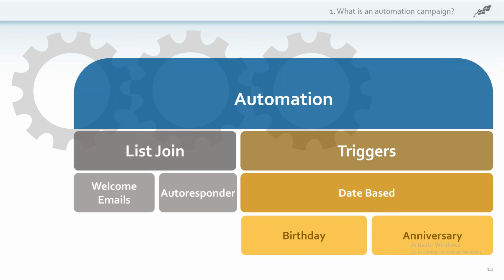So, date-based triggered autoresponders: the system would check on a regular basis for contacts whose stored data qualifies them to receive a birthday or an anniversary email. So a few weeks before someone's birthday, the system would automatically send the preset email or series of emails designed to wish someone a happy birthday with a special offer or message. That way you're not sitting there every month trying to figure out whose birthday it is. You could send them your special birthday coupon or a fond wish, just to wish them a happy birthday or anniversary, of course.